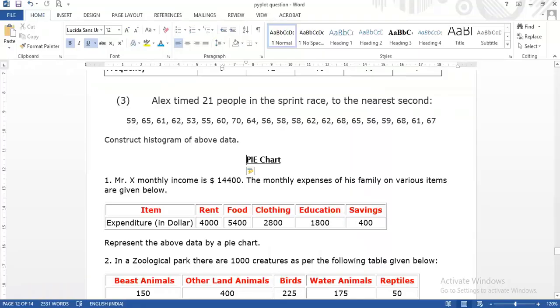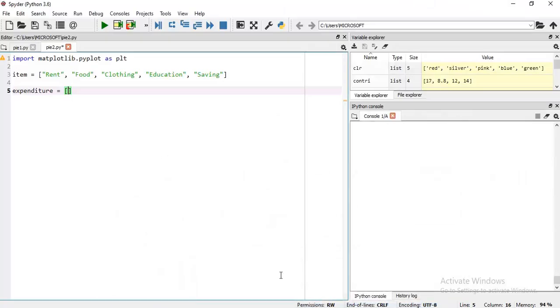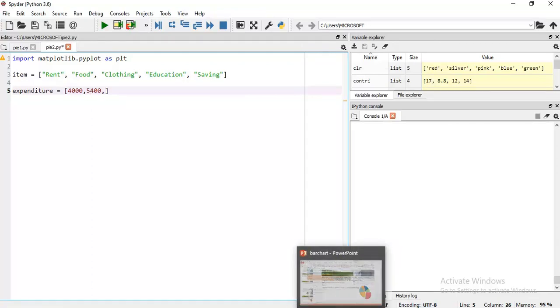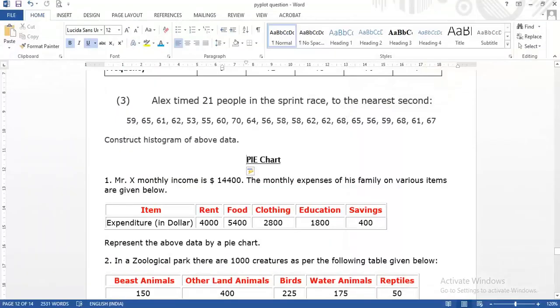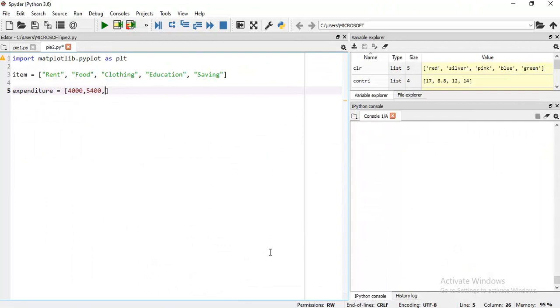We have 4,000, then 5,400, then 2,800, then 1,800, and then finally 400.